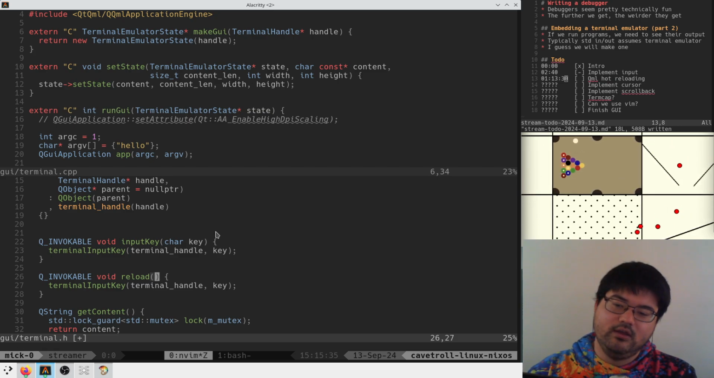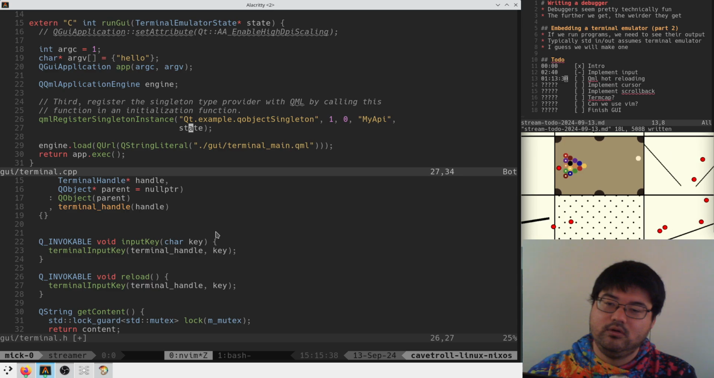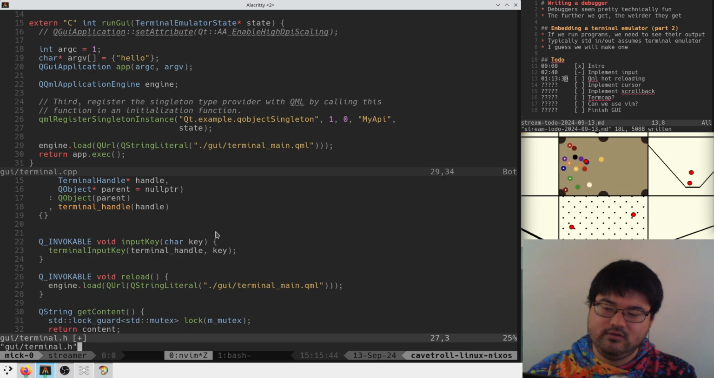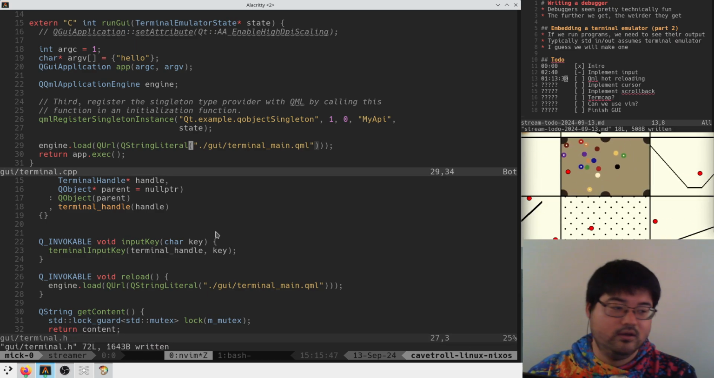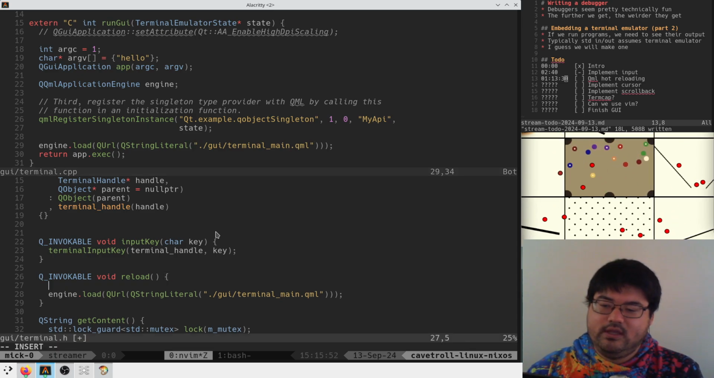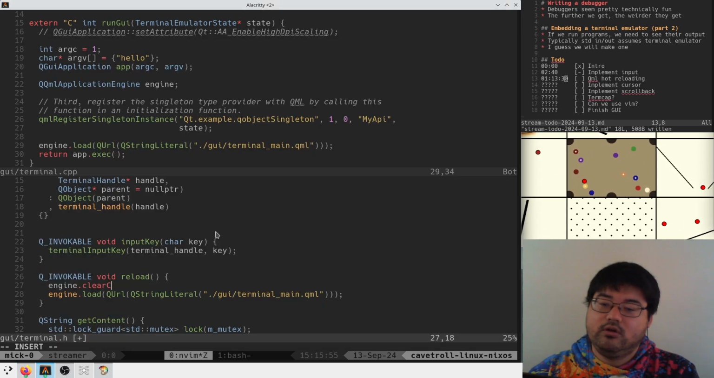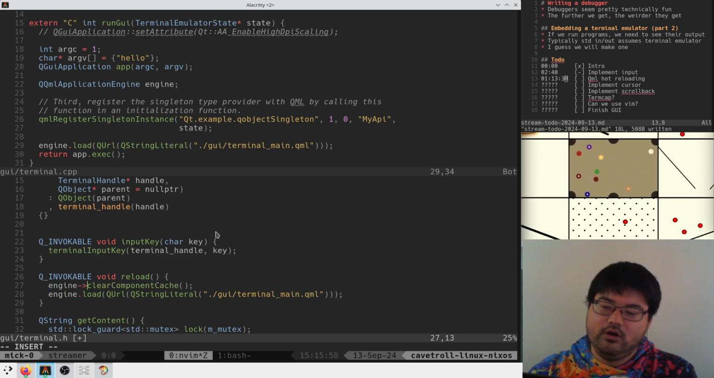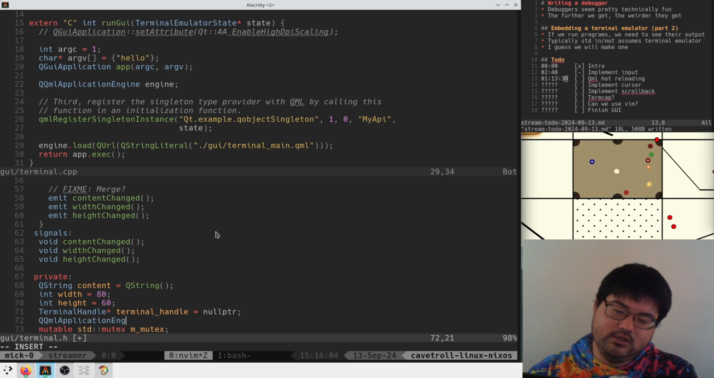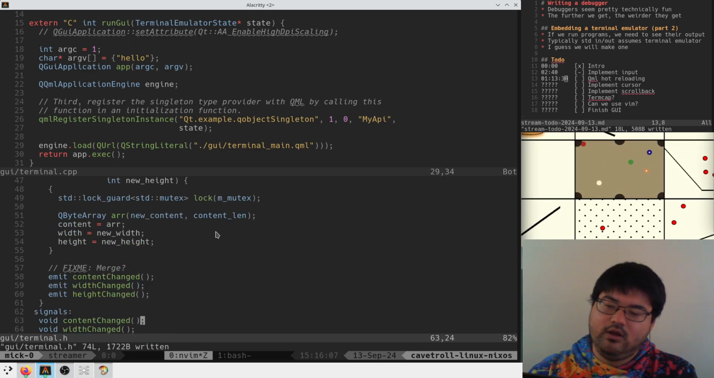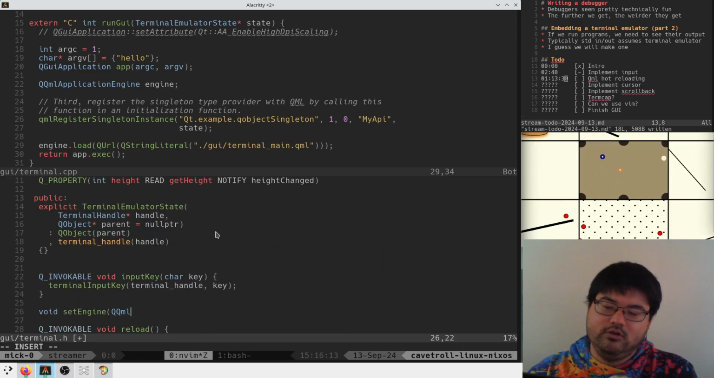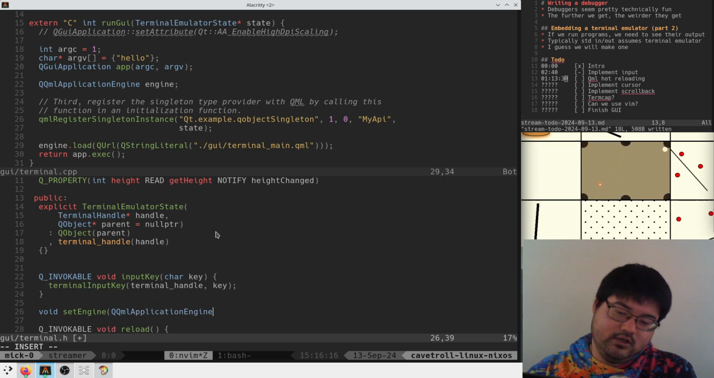And this is gonna be like this. And I think this engine clear component cache, and then we probably want this to be a pointer. And then we have like QML application engine star engine equals null pointer. And then I guess we need like a public function that's like set engine, QML application engine star engine, that